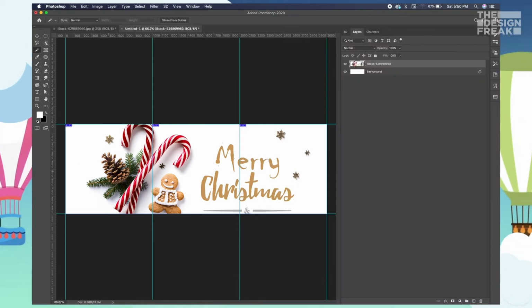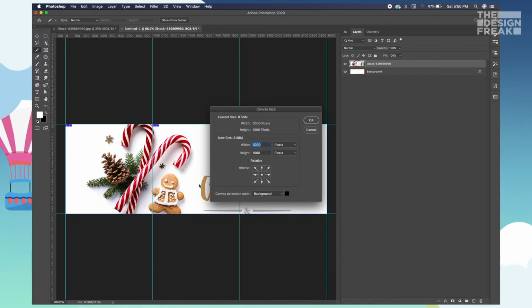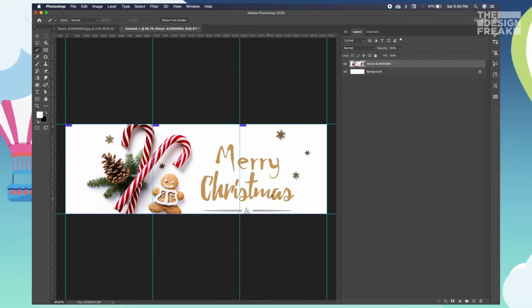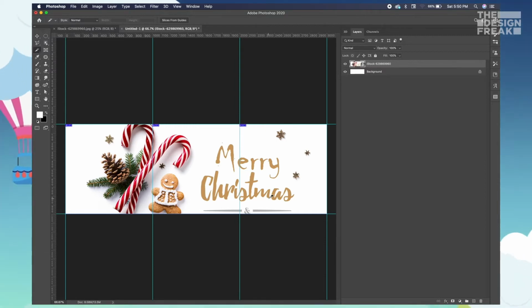So instead of cropping individually each and everything, or maybe going on your image and canvas and resizing it right there, you can literally use your grids to slice each of them for your Instagram tool. So that's going to help you and it's going to make your efficiency in terms of cropping much precise and easier and quicker. So here you go.